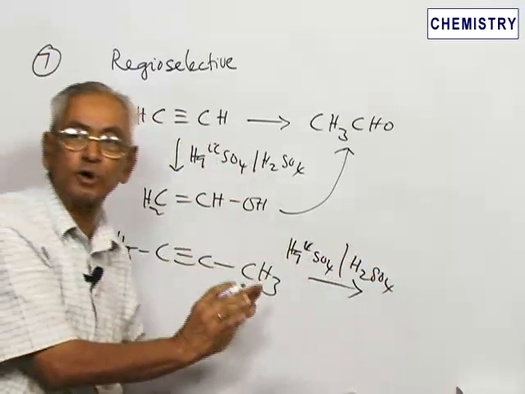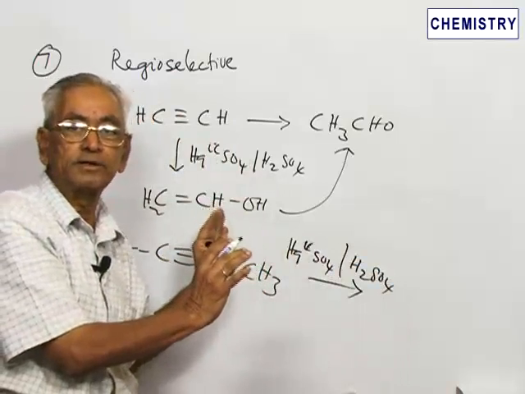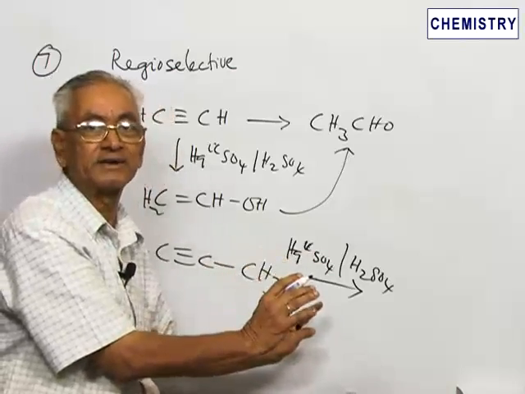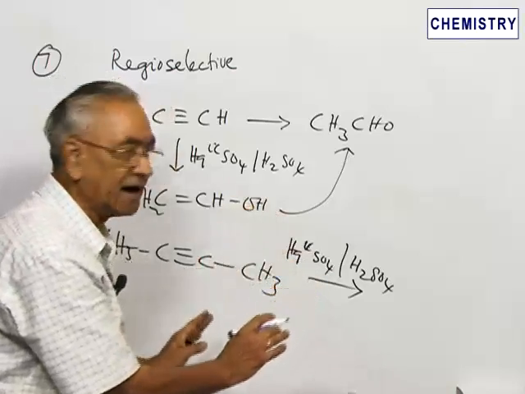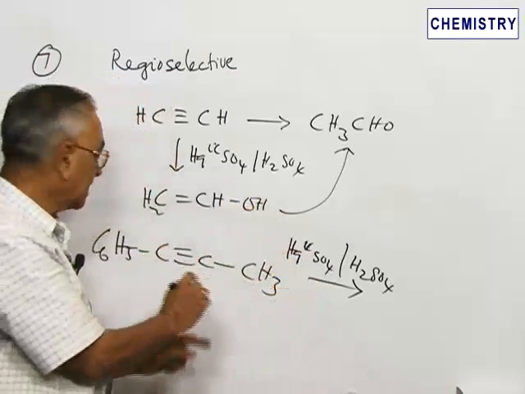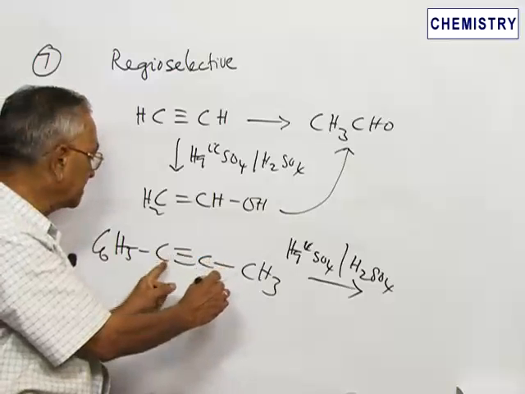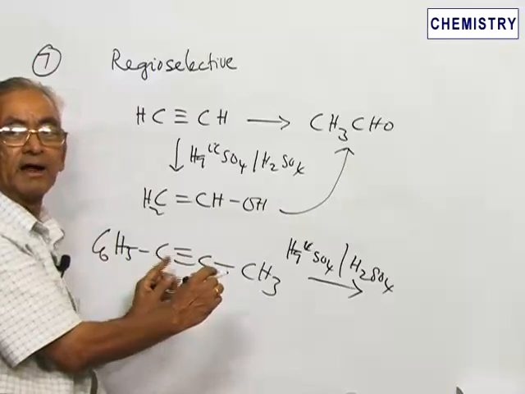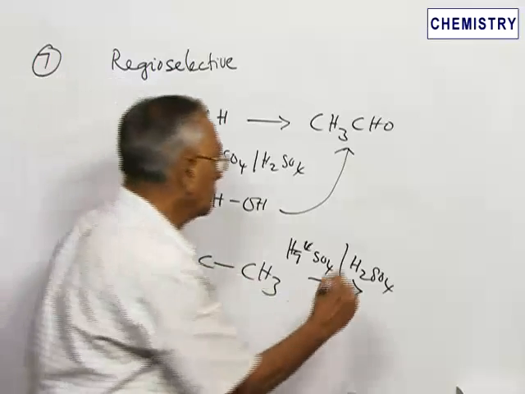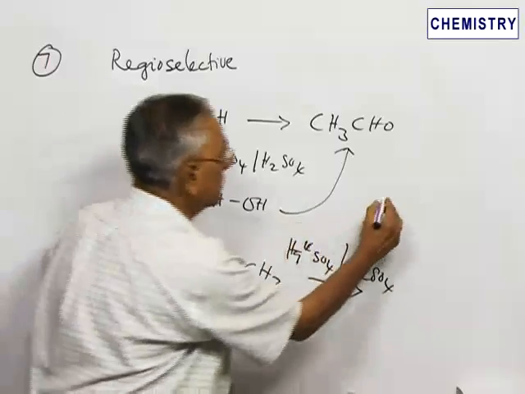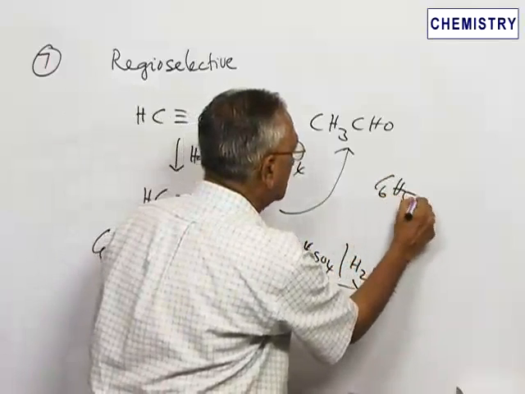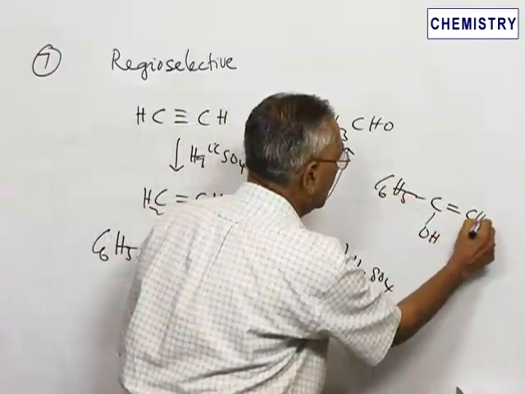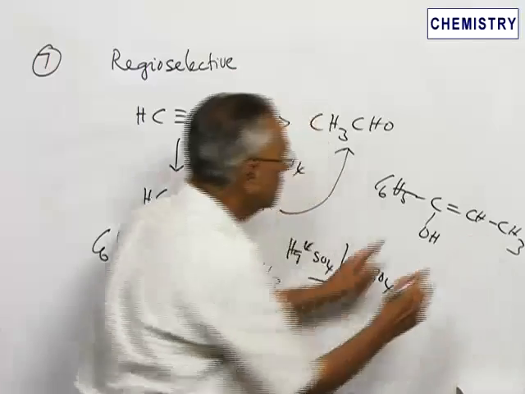Effectively, this is also addition of water, that is a hydration reaction. That means H and OH are being added. The question is whether H is added to this carbon or to that carbon. When H is added to this, OH will be added to that, or when H is added to that, OH will be added to this, and which will be the preferred one. In this particular reaction, a carbocation will be produced on this particular carbon. Therefore, OH will be added to this and H will be added to that, to give rise to this intermediate,